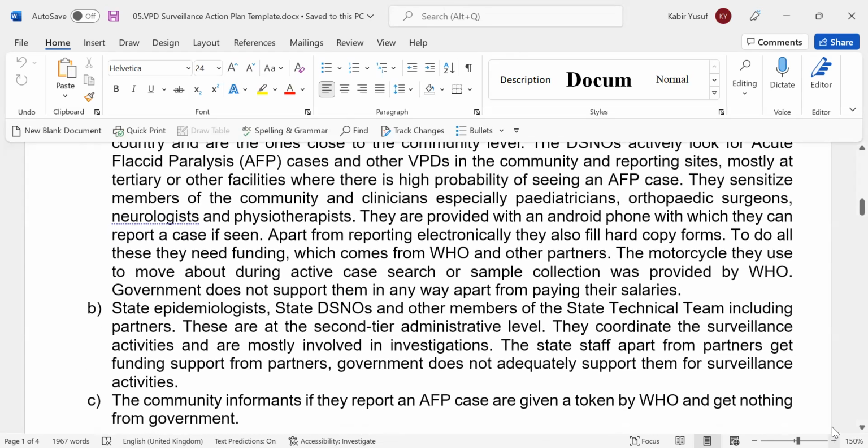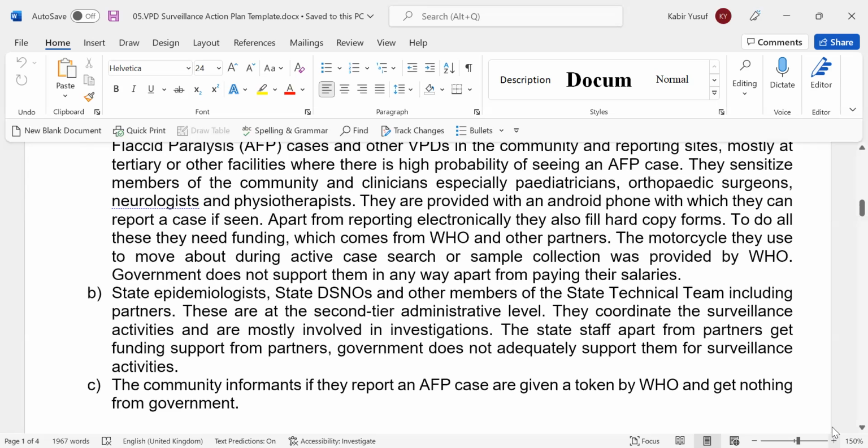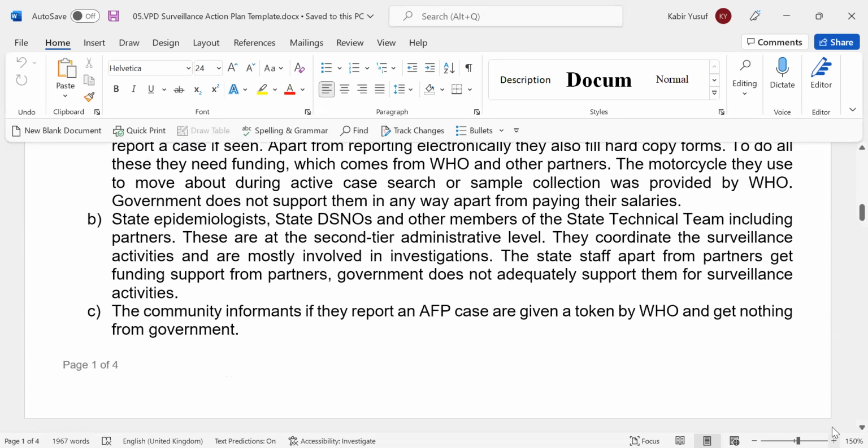Now, the second part of this workforce is the state epidemiologists and other members of the state technical teams, including partners. These are the second tier administrative level. They coordinate the surveillance activities and are mostly involved in investigations. The state staff, apart from partners, get funding support from partners.